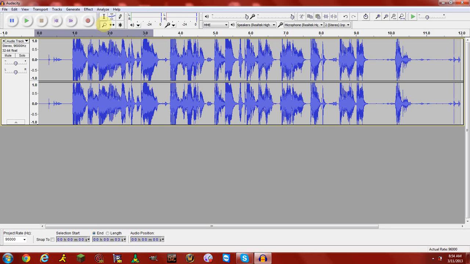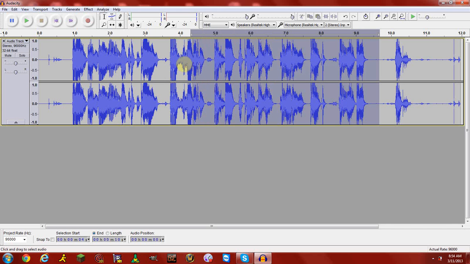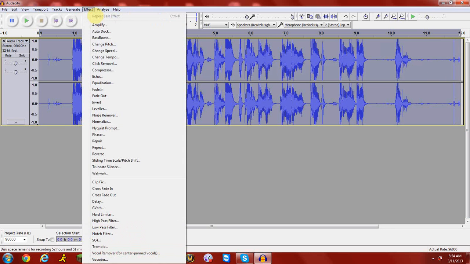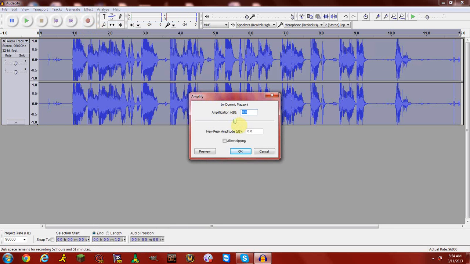Basically, how to implement an effect is by highlighting the part of your track. If you want to put an effect on this part of the track, or on the entire track, you can just click this box right here, and it'll highlight your entire channel. And you can go to effect and amplify. It basically makes it louder or quieter, so you can move it up or down. Allow clipping means that